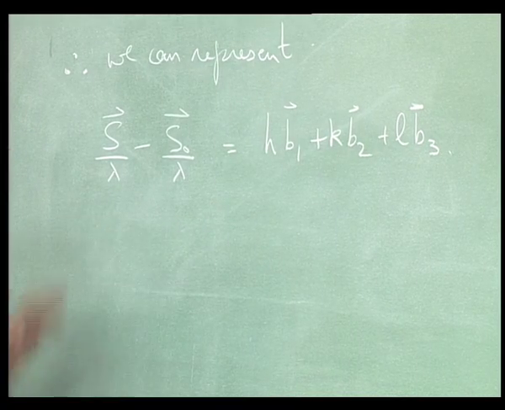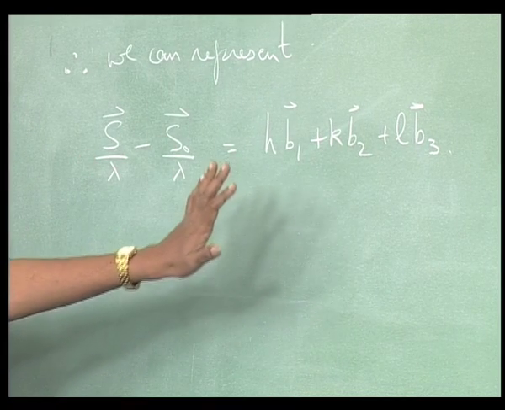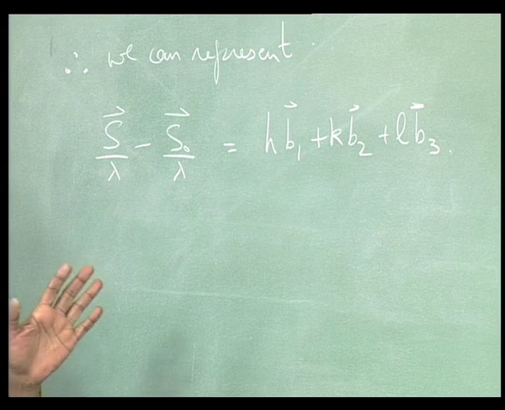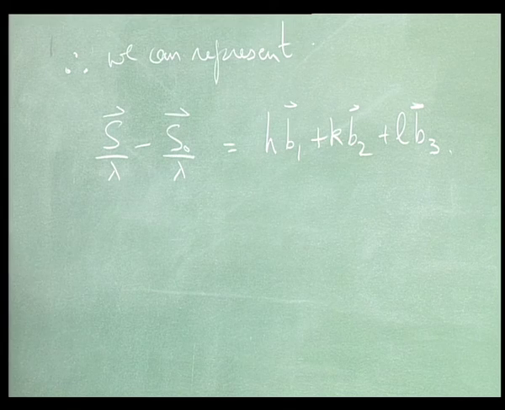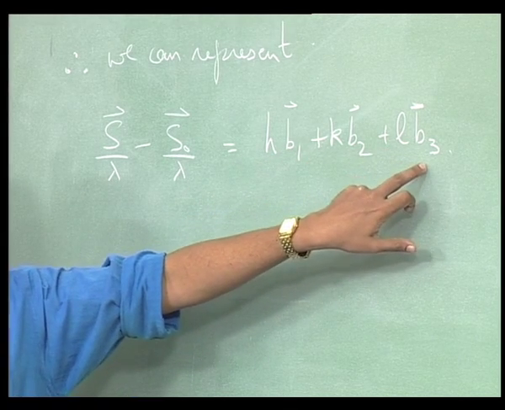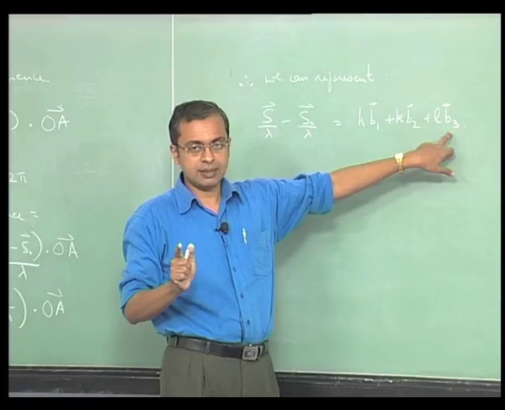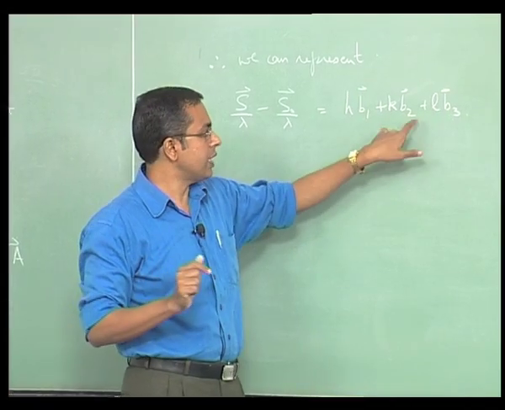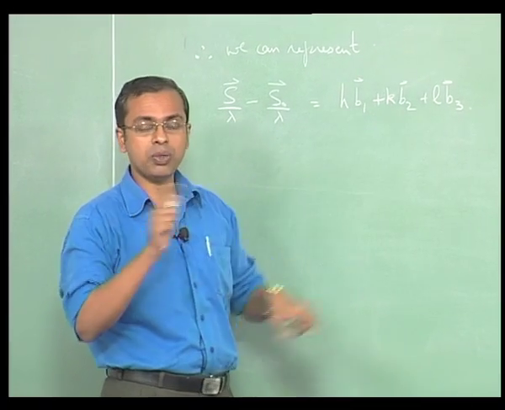So this can be represented in reciprocal space, that is all we are saying, because it has got all the attributes to fit into reciprocal space. Now there is a very important point that we need to note here: B1, B2 and B3 are unit vectors in reciprocal space, corresponding to the A1, A2 and A3